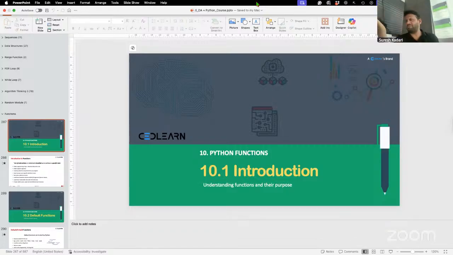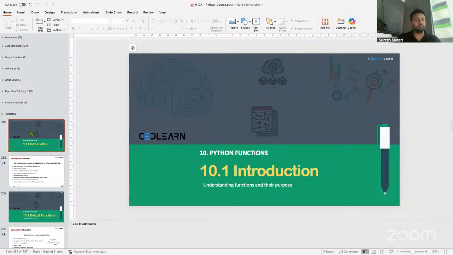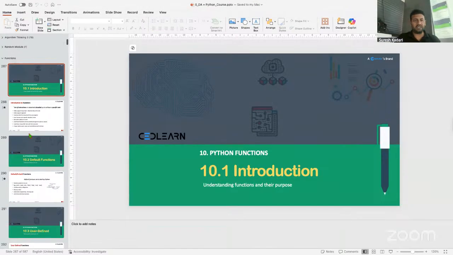Okay, so somebody answered it is repetition. Repetition is I can use a for loop, a while loop, and I can repeat. Then somebody said calling. Okay, calling. What else can we do with a function? Calling is one. Other than that,